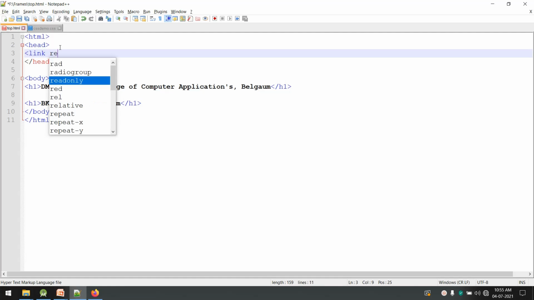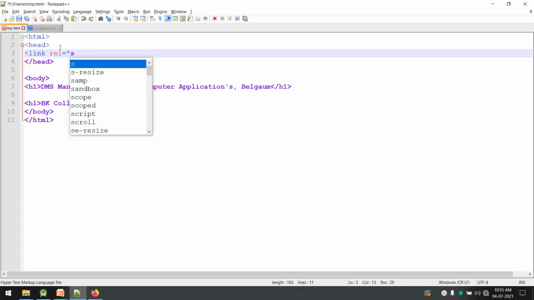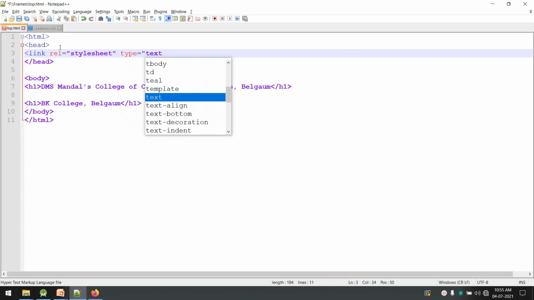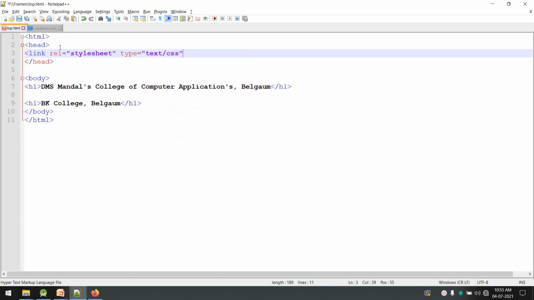First, rel, which equals stylesheet. Then the second attribute is type, which equals text/css, and lastly one more important attribute, href, which equals the URL of your CSS file.